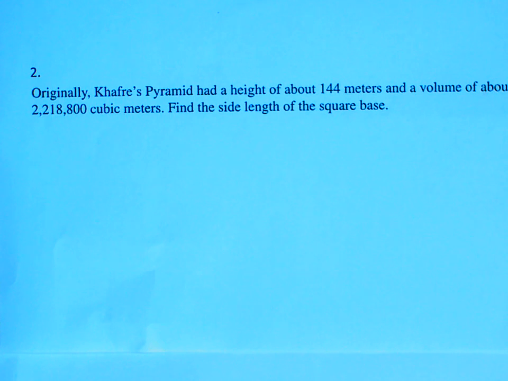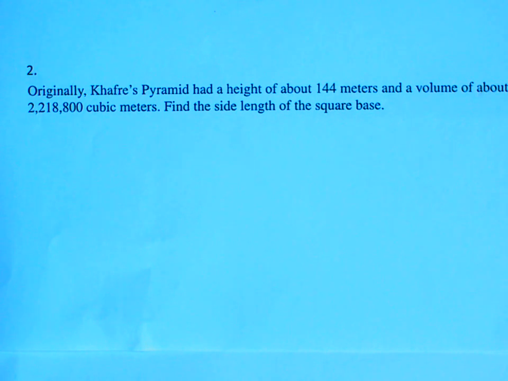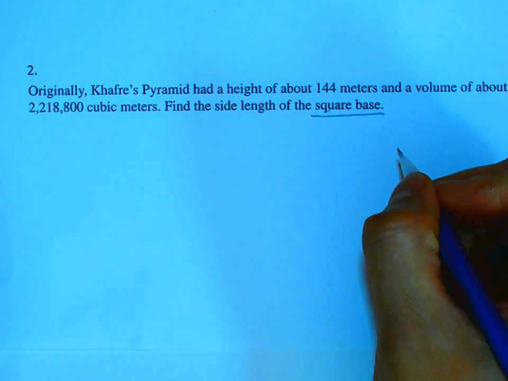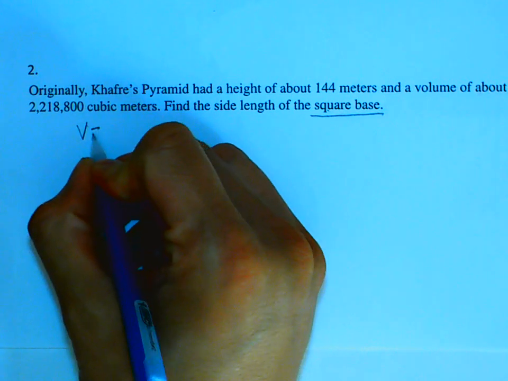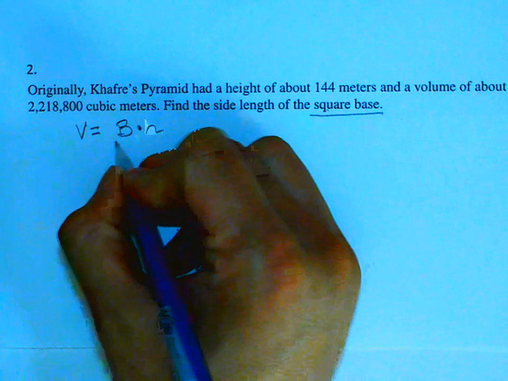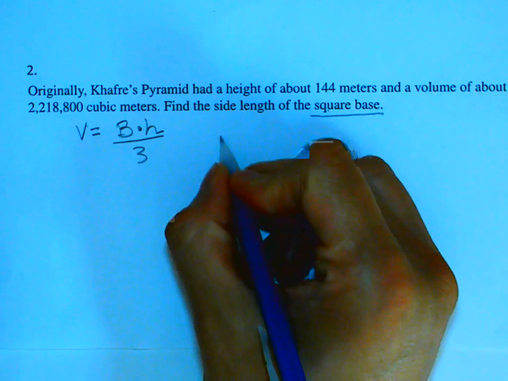Let's look at problem number 2. It says originally, Khafre's pyramid has a height of 144 meters and a volume of about 2,218,800 cubic meters. Find the side length of the square base. This is the key word, the square base. So we know that the volume of a pyramid is the area of the base times the height of the pyramid divided by 3. Let's plug things in here. The volume is